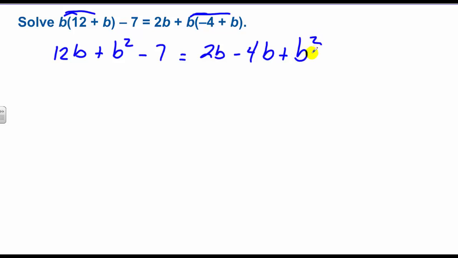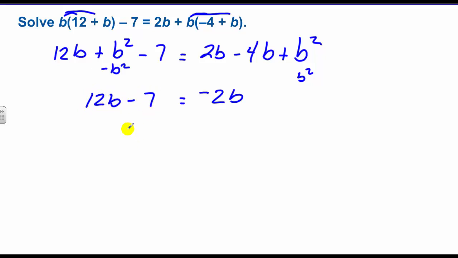Typically, we want to get all the variables to one side of an equation, so I'll subtract b squared from both sides, and in doing so, you'll notice that the b squared terms go away, which is good because we didn't really know how to deal with those anyway. So that leaves me with like terms here of negative 2b when I add those up, and 12b